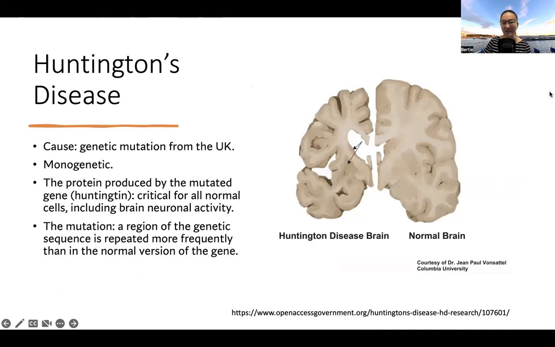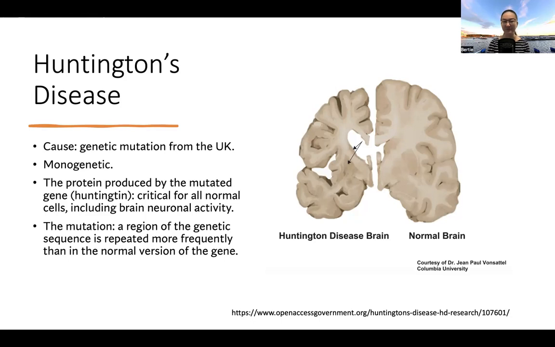It is monogenetic. The protein produced by the mutated gene, huntingtin, is critical for all normal cells, including brain neuronal activity. The mutation happens in the region of the genetic sequence that is repeated more frequently than in the normal version